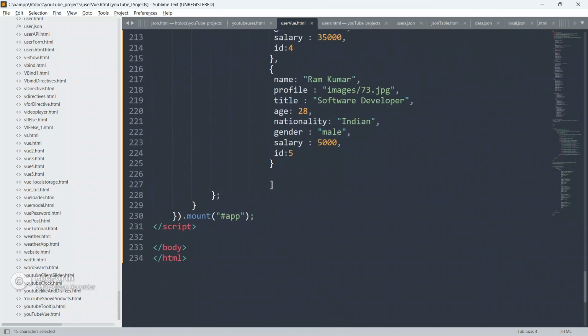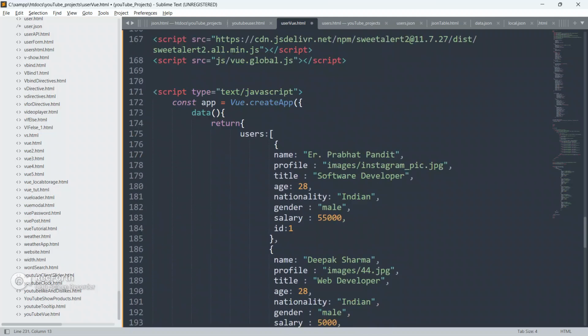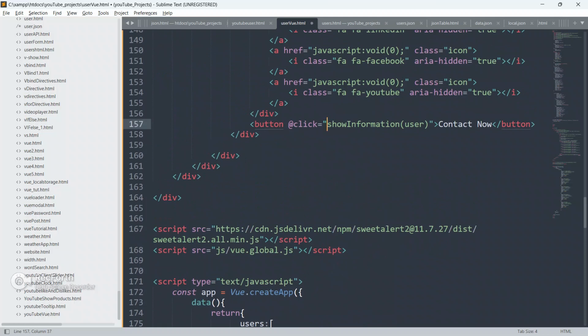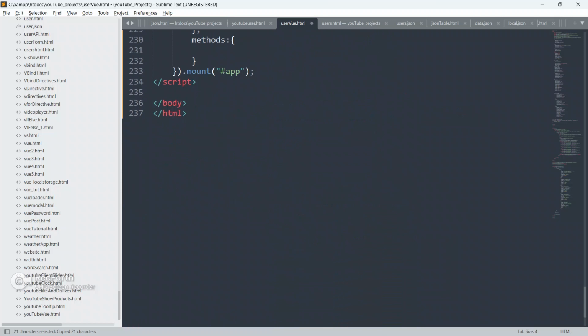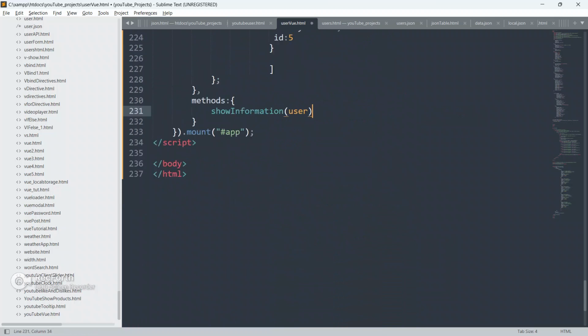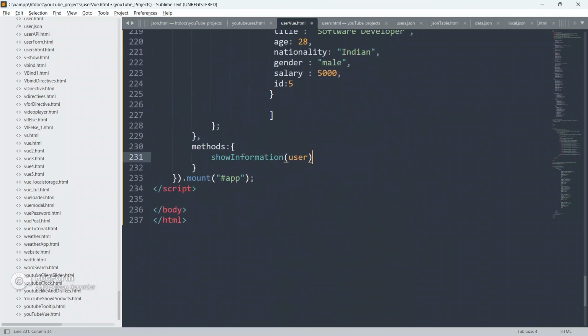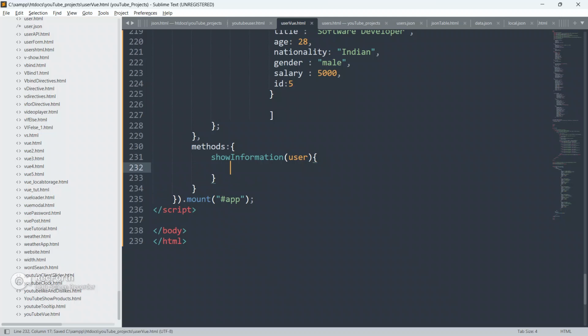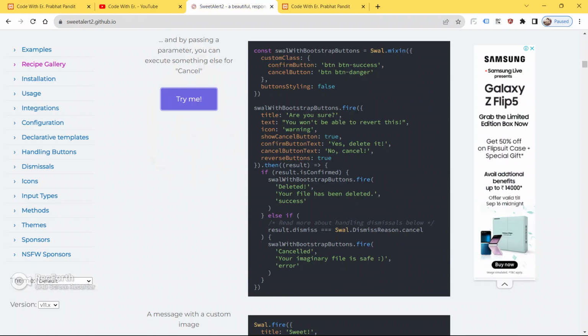Okay, so now I'm gonna create a method. So methods, and colon, and now just copy this method name from here. Copy this method name and go down, and paste it here, and open curly braces.